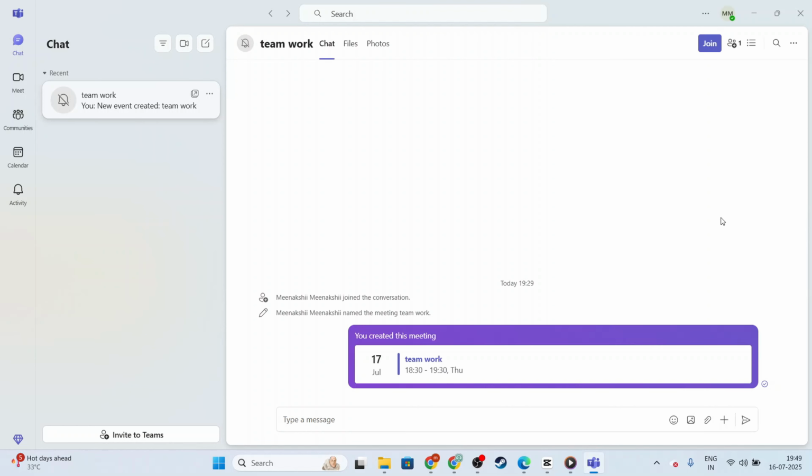Whether you're pointing someone to an external website, an important document, or a crucial internal page, now you can do